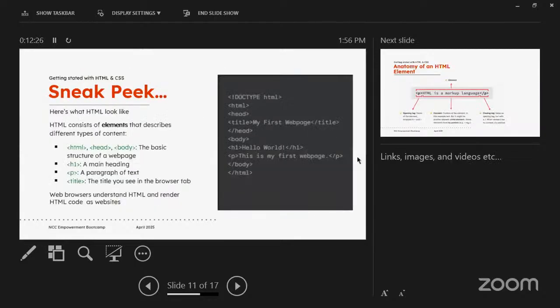Okay, so this is like a sneak peek of what HTML looks like, like I was explaining, structure. So if there's anything you want to take on today, it is that HTML consists of elements. I mean tags. All right. The element is meant to describe the type of content. All right. So the basic structure of a web page